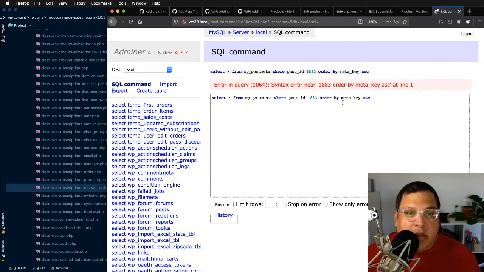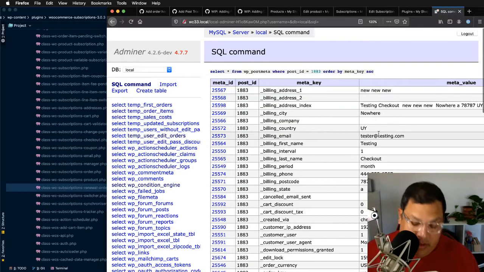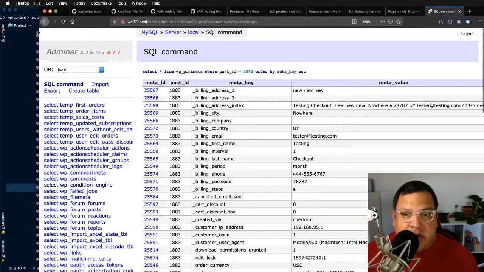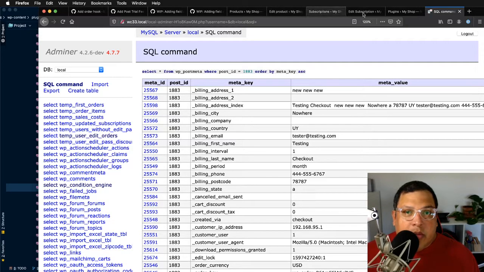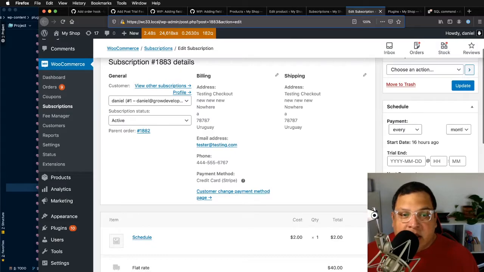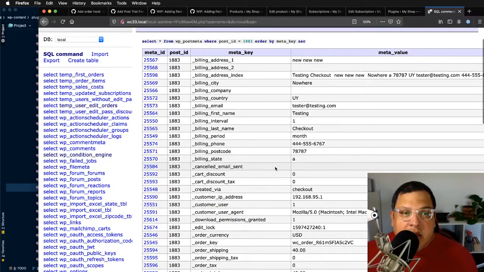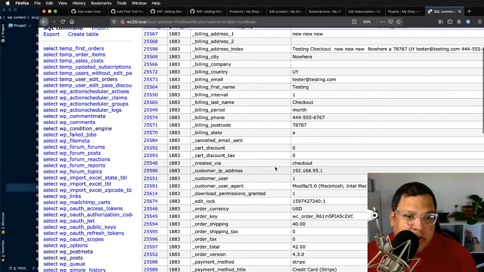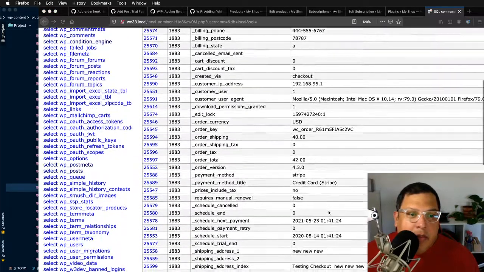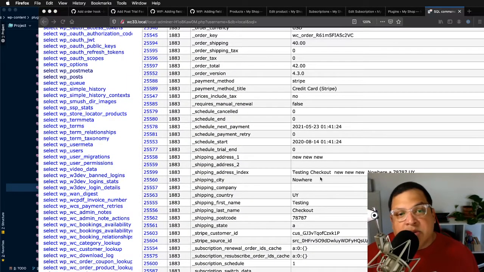What did I do wrong? Post ID equals. All right. Okay, so the text is super big to help visibility. So this subscription, 1883, has a next payment, like I said, and it's every month. So let's take a look at that. These meta keys start with an underscore, so they're not visible on the actual subscription page. If I want to look at the ones that start with